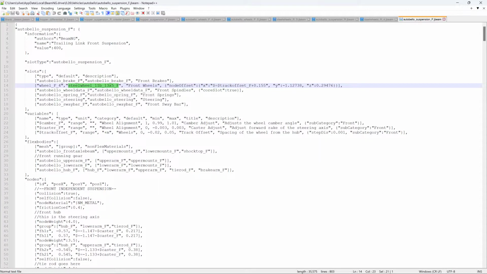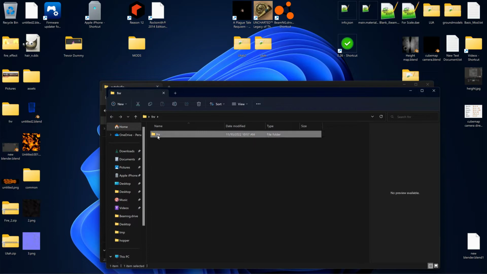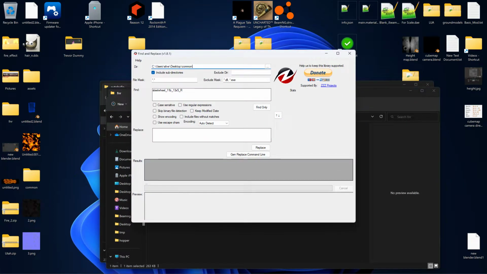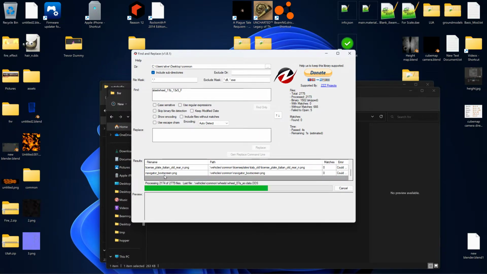I copied it to my clipboard like this, and then I loaded up find and replace. And then in find and replace, I said, you know what? I want you to find that in the common folder that I extracted from the install folder on my desktop. So when I say find only, it finds those instances here, and it should point me to there, which is in common wheels lug 4 lug steel wheels F4 jbeam. So if I go to that